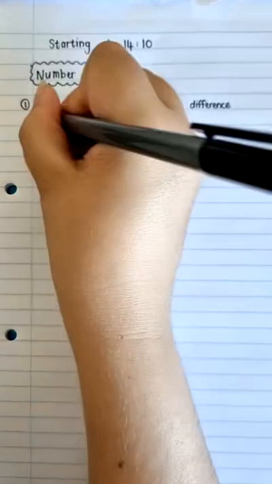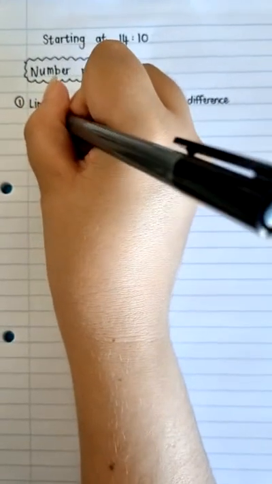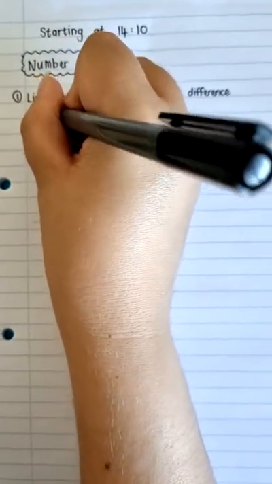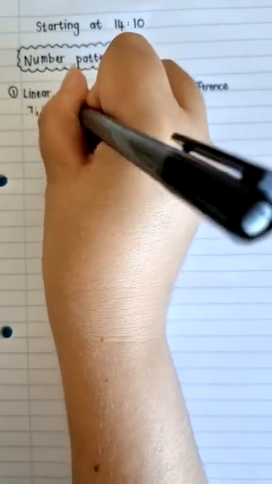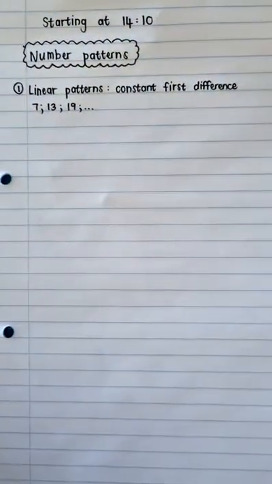So, for example, if you have something like 7, 13, 19, if that is your number pattern,